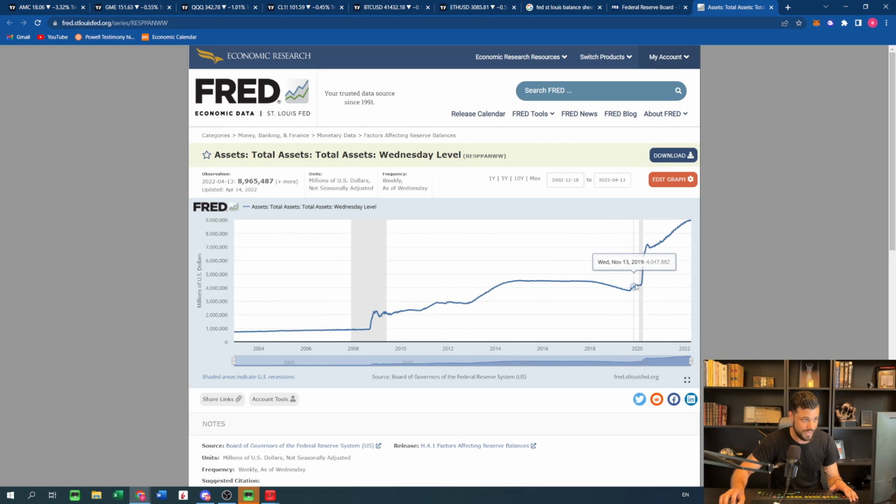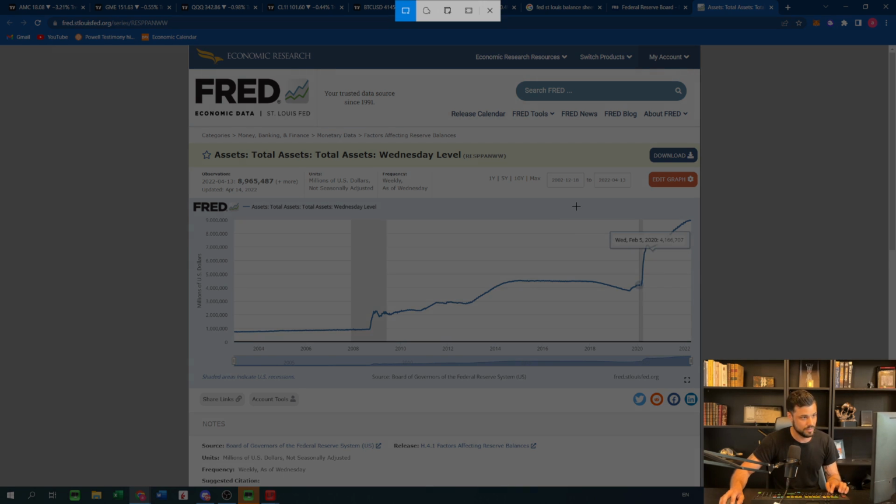We started to print, and this was the COVID. We printed more than we have ever printed before in the whole history of financial markets in a few months. All right, we went from 4 billion to 7 billion in a few months, then from 7 billion to almost 9 billion, and this is the tapering. I don't know if you see well, guys, but okay,